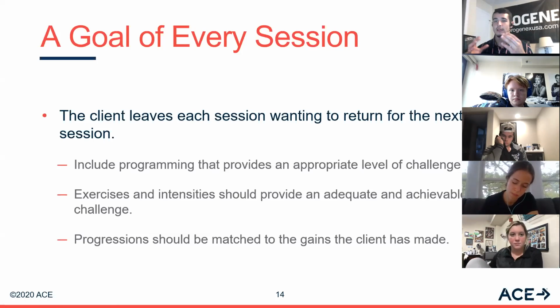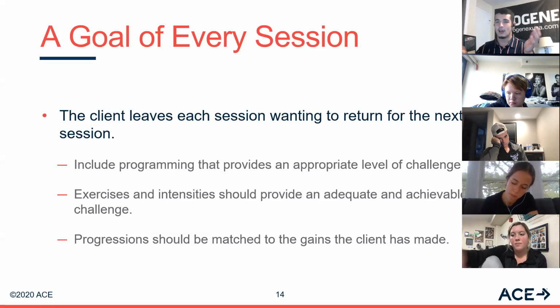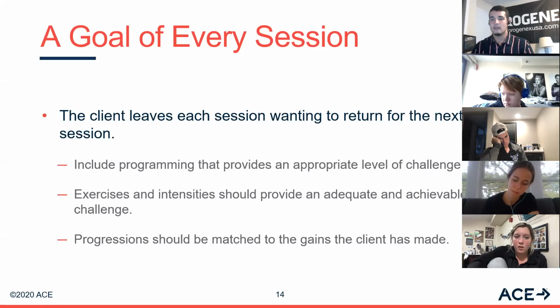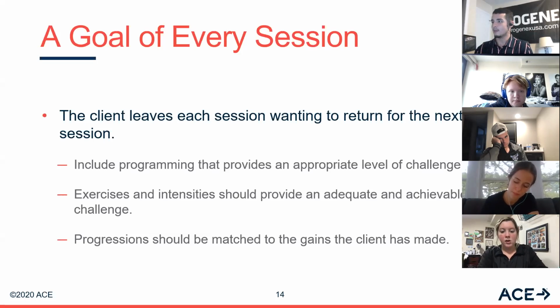Everything that you do starts at an achievable level for them. It's not totally outside of what they're capable of. If you know that a client doesn't move well, if you know a client is overweight or whatnot, maybe don't program pull-ups. Or maybe you wrote down pull-ups, but when you explain it to them, you know that you're going to do lat pull downs or something similar, right? Just having a plan that is achievable and starting your client off too easy rather than too difficult.